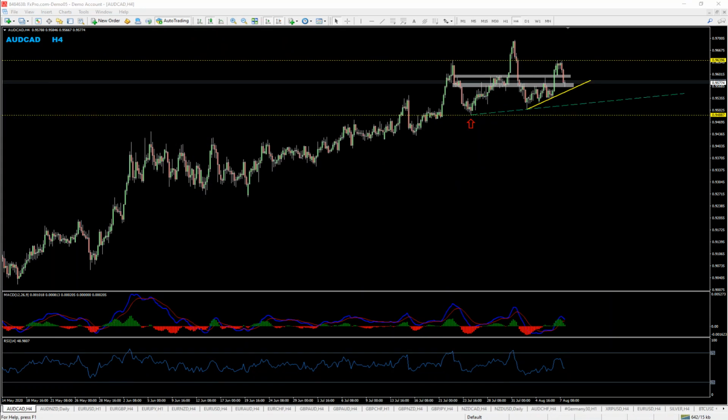On the 4-hour chart, the way it started developing looks good, and there is a potential head and shoulders that might be forming here. It's not the most reliable pattern, at least according to the way I have studied this pattern and the factors that we need to see, but regardless, I think the structure resembles a head and shoulders pattern, which means at the end of the day, if there are people who will be trading this structure to the downside, there will be momentum being created. And since this fits our analysis from the daily chart, Aussiecat, even on H4, starts to become a really interesting opportunity